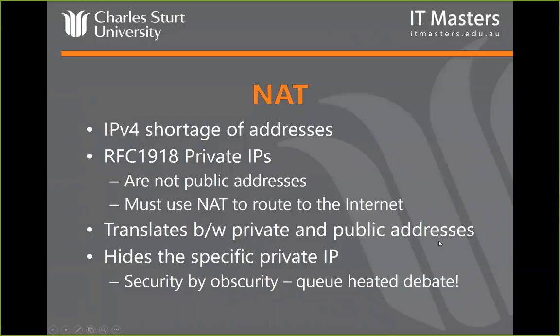As we said, RFC 1918 private IP is not public addresses. You must use NAT to be able to get out onto the internet. There are many different ways and methods that you can get out from your WAN onto the internet, and we'll look at some of those shortly. But for the vast majority of cases, it results in NAT happening somewhere along the path until ultimately it must happen where the boundary between the internal and external world is.